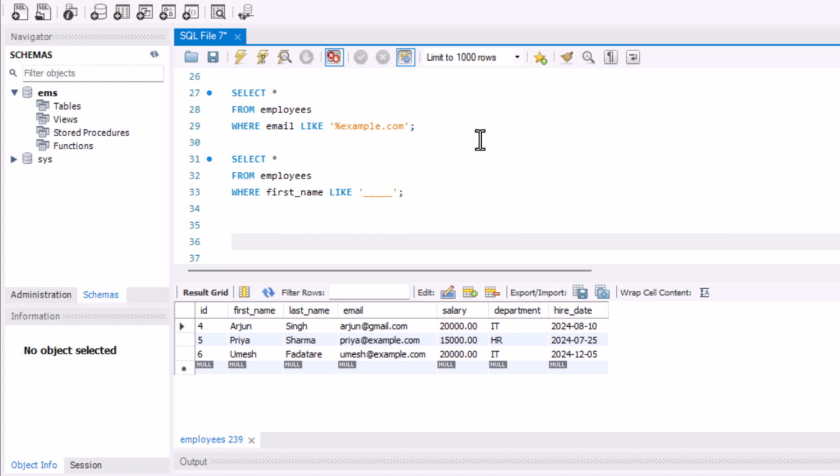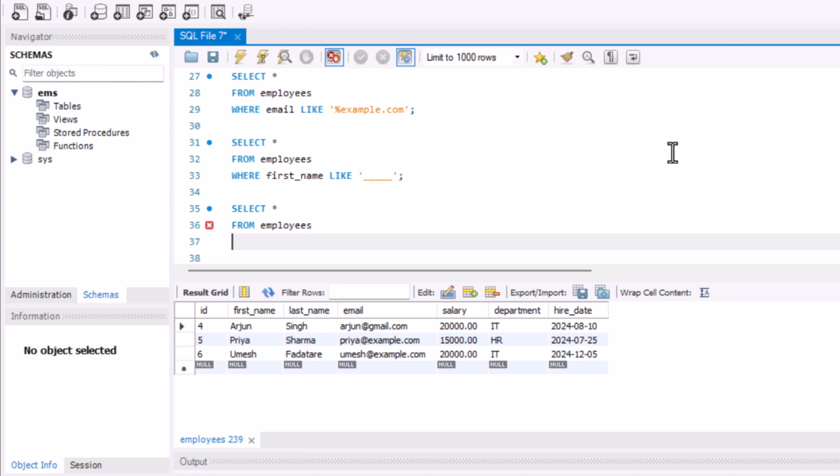Next, you may have a question like, can I combine multiple wildcard characters in a pattern? Of course, you can combine multiple wildcard characters in a pattern. For example, let us write the SQL statement to combine percentage and underscore in a pattern. So here let us write the SQL statement select star from employees where